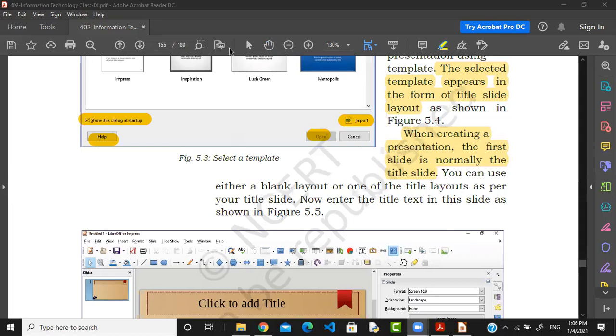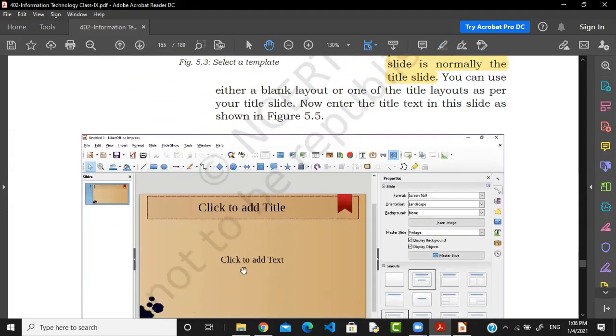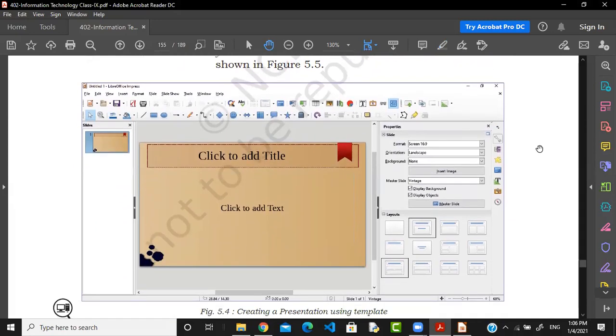You can see that your title slide will appear this way. Look at this. This is the title and this is the text. So we can write like this. This is the layout window. In this layout window you can find this slide, which is called the title slide. You can see that Layout is written here, so from here we can change the layout.